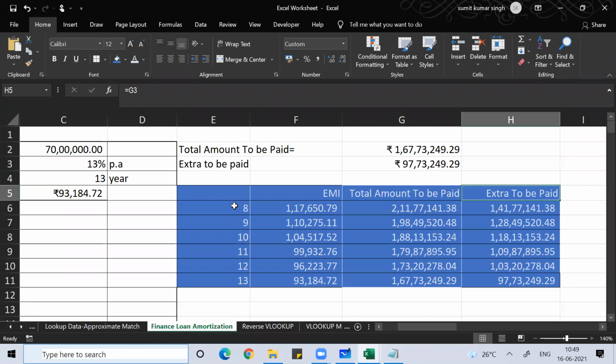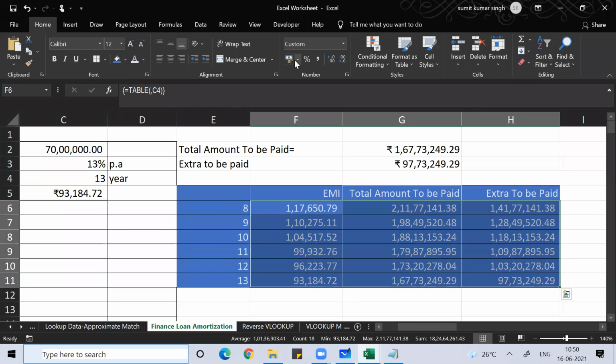I hope you people are understanding this part. You can put the currency as rupee here.